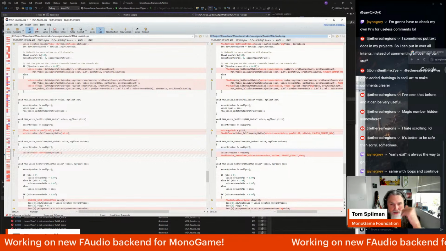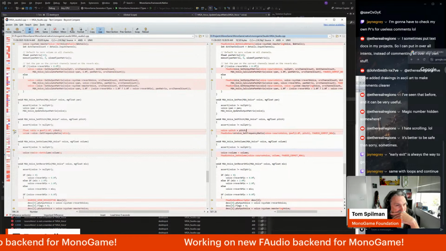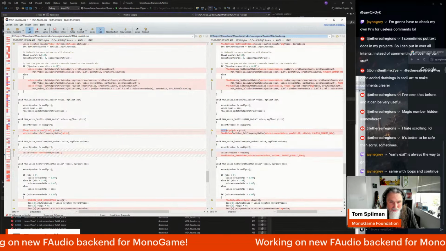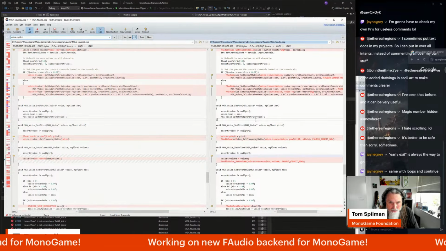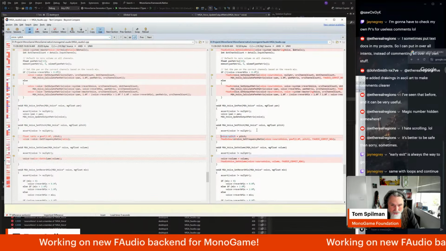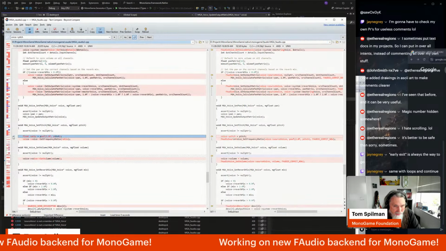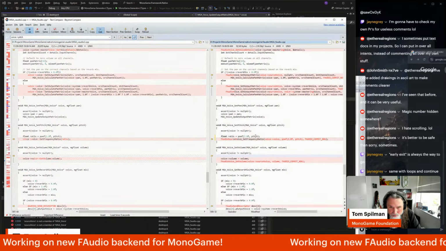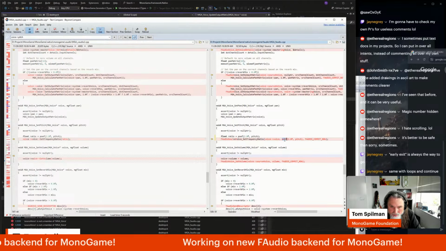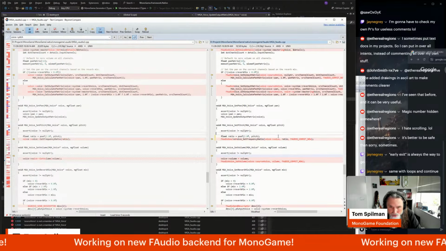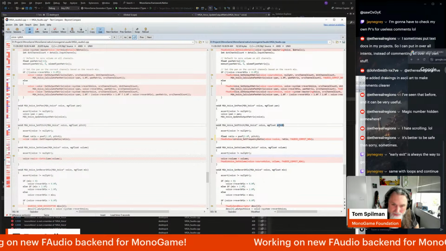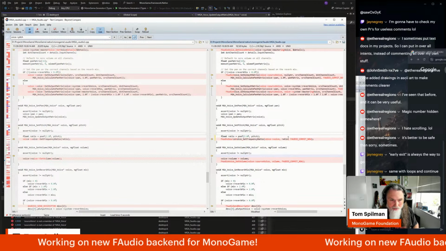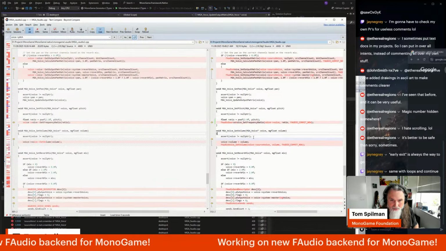Set pitch. Yeah, he's keeping pitch. I don't think there's a reason to keep the pitch. I'm not sure why he's keeping it. Like no one uses it, so what's the point of that? It's kind of weird. This should work the same as the other one. This is just how XAudio pitch works. The XNA pitch is not the same as the pitch that XAudio takes. So this transforms it into the same type of ratio that XAudio expects, or FAudio as